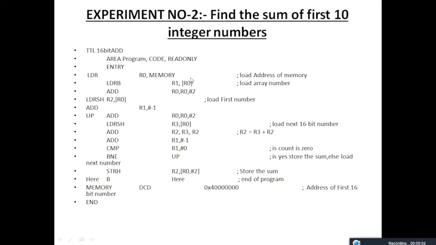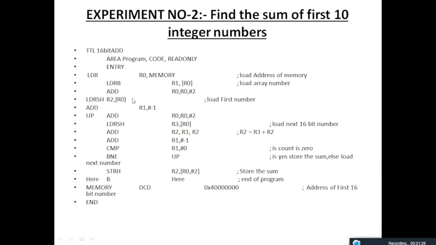So the count value, which is stored as the first element in the memory, is loaded to the register R1, and then we are adding the content of R0 with an increment of 2, and that is loaded to R0. That means presently the count value is taken and we are supposed to leave two memory locations, and then the next set of values has to be stored. After giving the count value, I am loading my next set of values.